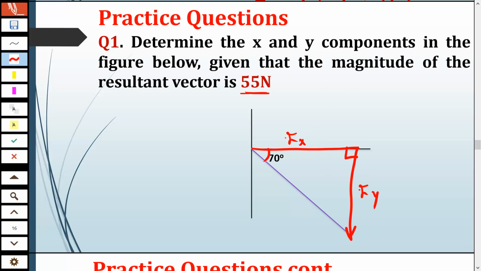We've been given 55 newtons. The one that is adjacent to this angle of 70 degrees is simply the force in the x. So we say, from SOHCAHTOA,